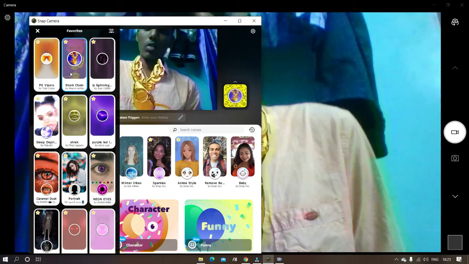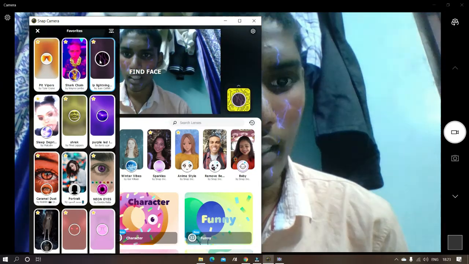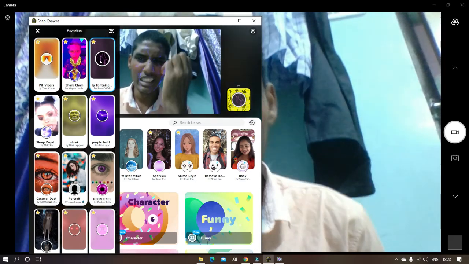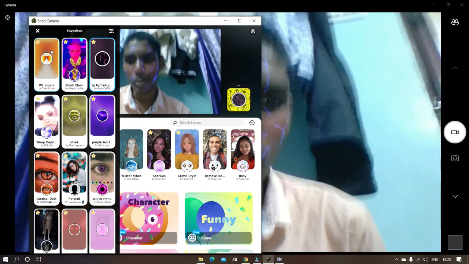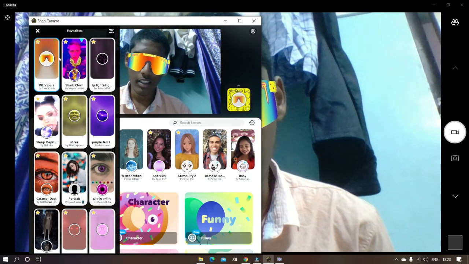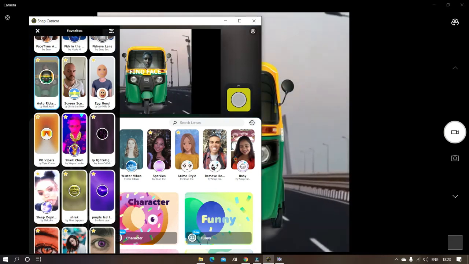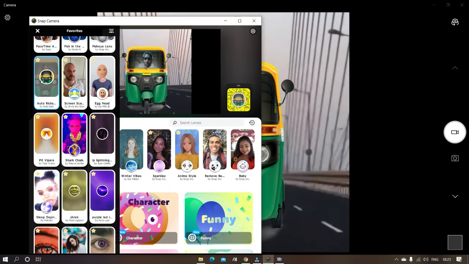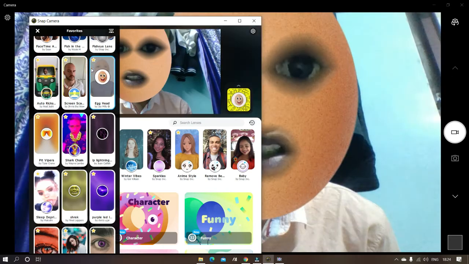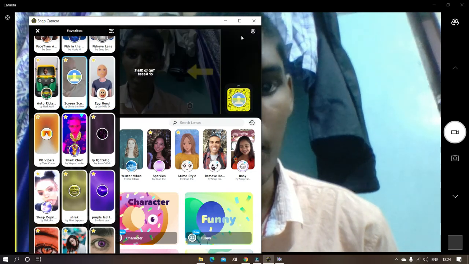Shark golden chain. As you can see here, this is the shark golden chain. Lightning on my face. Yeah, so it's a cool effect in animation style. This is the spares, cool spares. I will go on auto. This is X shape. Oh my god. So this is screen capture, as you know.